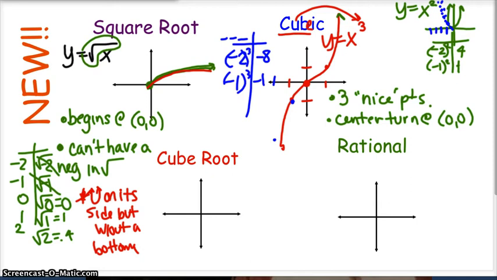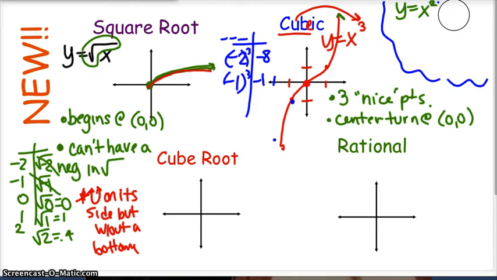When you goofed up these square problems at the beginning of the year, a lot of you would forget the parentheses. And so you were incorrectly writing this. And it was taking a negative times a positive, and it was graphing your U shape. Positive was always fine, but the negative side was always wrong. So you were actually graphing a cubic when you should have been graphing a quadratic, which is that x to the second. So cubic has 3 nice points, centered at 0, 0,